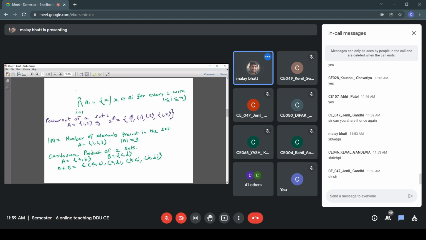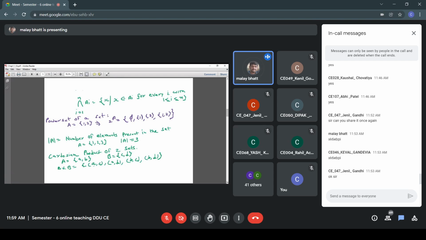All the subsets of a given set is known as the power set. So {5} is a subset of the set, {1} and {2} individual sets are also subsets of set A, and the set itself is a subset of it. So we have 4 elements in the power set.